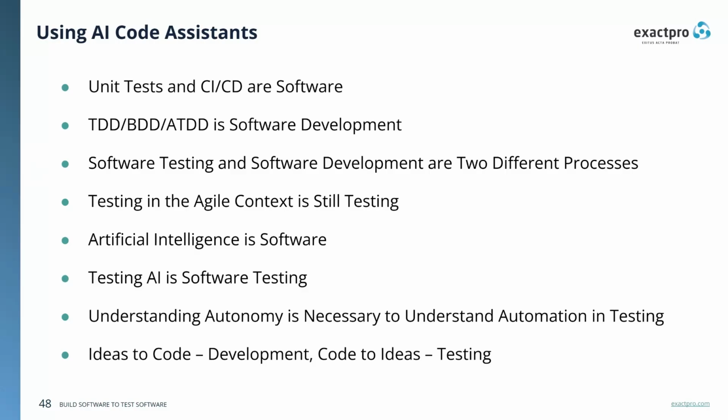Then there are things like, and people currently use code assistants for TDD, BDD, acceptance-driven, spec-driven development, etc. What is TDD? TDD is code. BDD is also code, but in a slightly different form. We have steps specification in Gherkin, and we also have steps implementation in some other language, in Python, Java, etc. But it is code. So if we ask a code assistant to produce Gherkin scenarios, we are doing software development. We are not doing software testing.